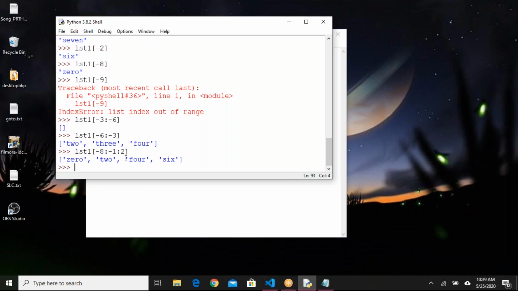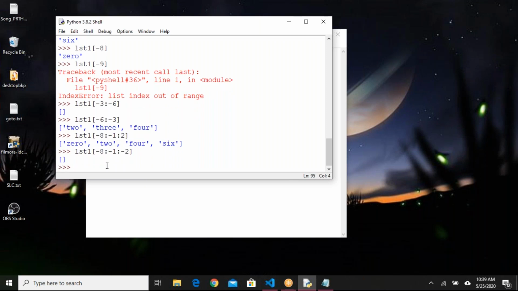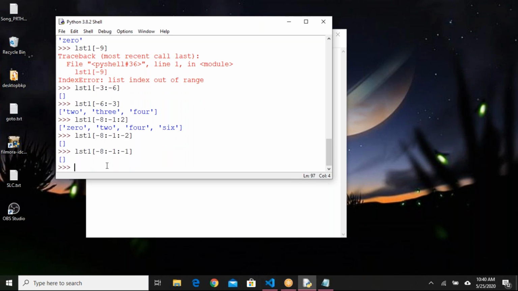We cannot provide negative jump statements, I don't think so. Let us confirm. With -2, it's not giving any data. Okay, only -1 will work. Jump statement -1 will help us to reverse the elements, but only when you are using it with positive indexes. It is not working with negative indexing.